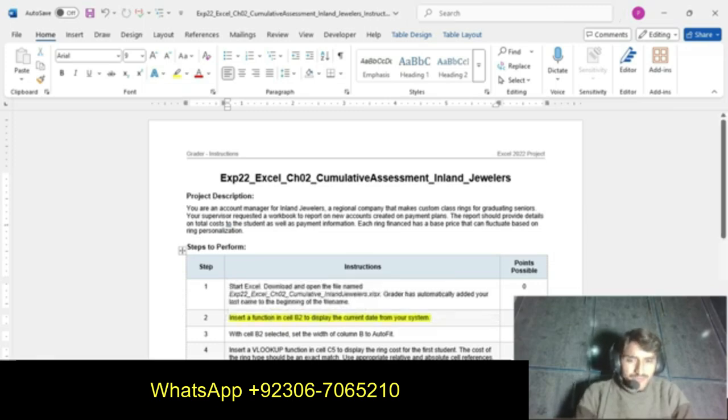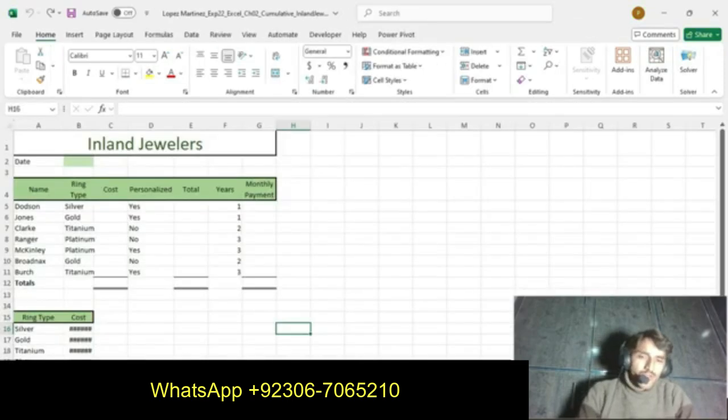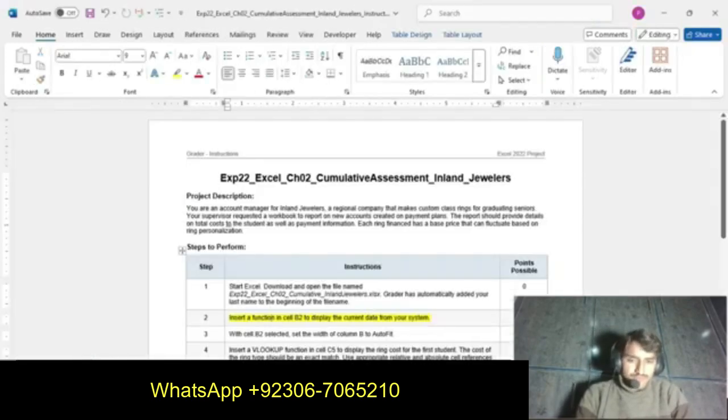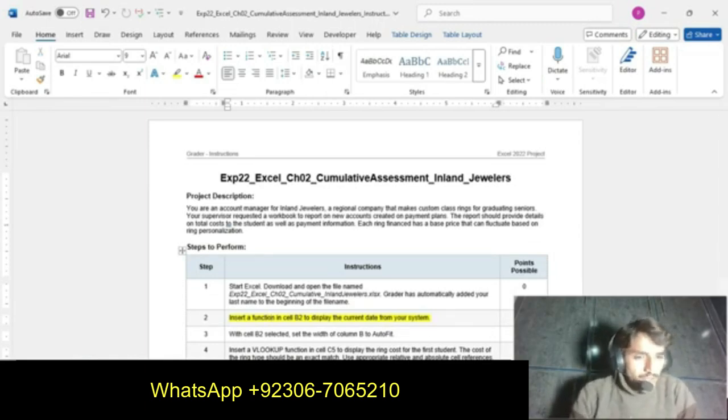Insert a function in cell B2 to display the current date from your system. So first we go to cell B2 and press the equal sign. Then it says display the current date from the system, so we use the function that gives the current date.